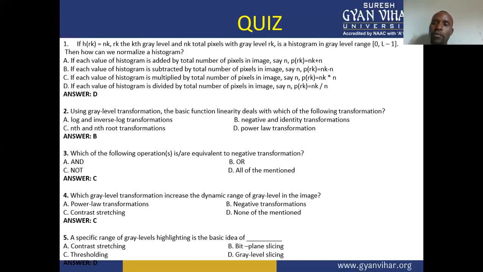The opposite of contrast stretching is thresholding. In thresholding, we are only interested in fixed regions of black and white. Hence, whenever we want to look for dynamic range of gray level transformation, we perform the contrast stretching. So power law is not possible, and negative transformation is not our output. So our answer is